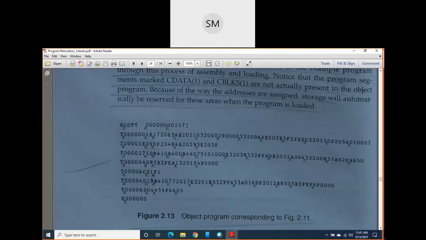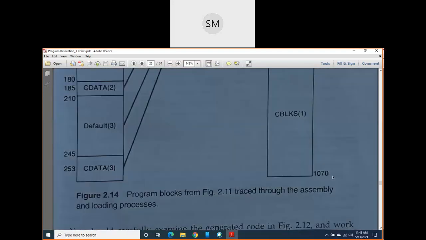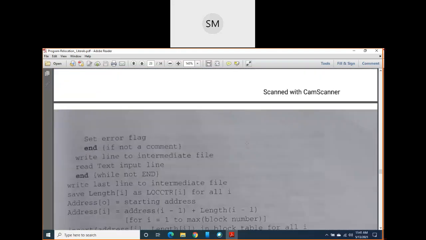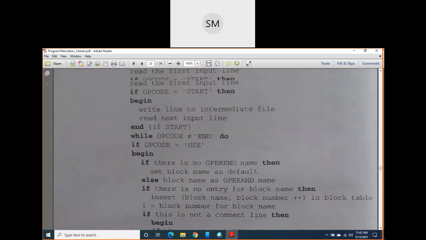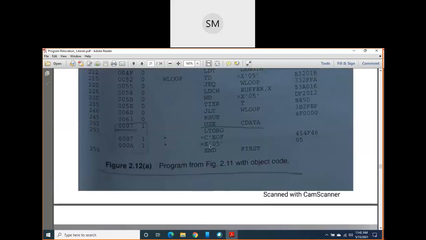Sir, how is it 1071? Because when you got this 1070, at last if you observe your program on page number 83, you have x05 or something there. Yes, it is x05, right? So it will take 1 byte of memory. So after the A, we have to add one more number here.